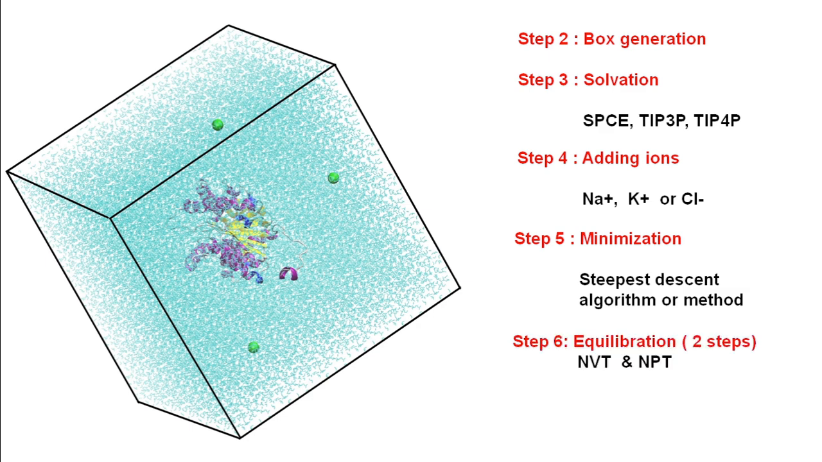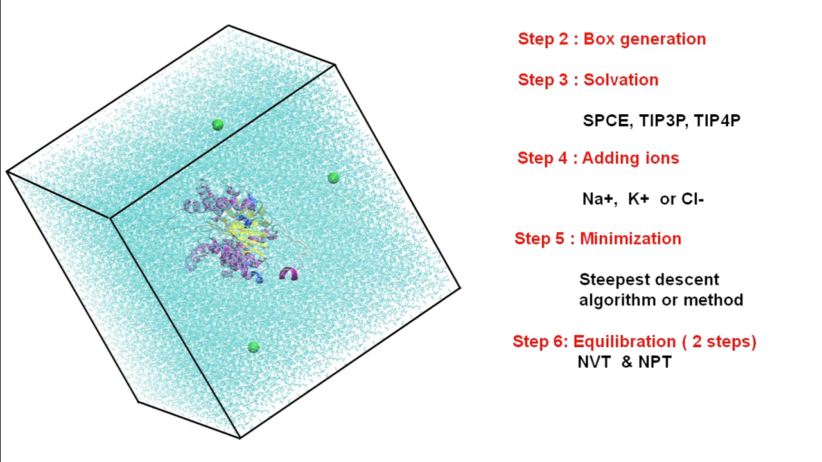Step 6 in MD simulation is equilibration. Actually, it's two steps. This equilibration is done in NVT and NPT ensembles, that means through two steps. Now what is equilibration? The water molecules and ions which are present surrounding the input molecule are allowed to move and settle down around it,